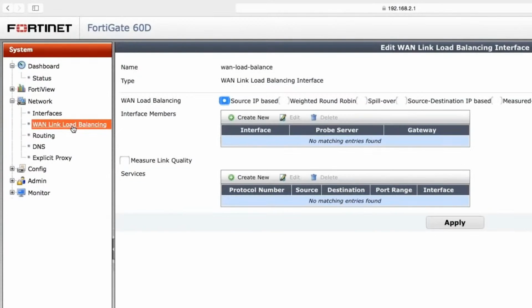In versions of FortiOS prior to 5.2.3, you would create a virtual WAN link in the Interfaces section, but now that's no longer necessary. Instead, go to System, Network, WAN link load balancing to define the WAN link load balancing interface. The 5 balancing